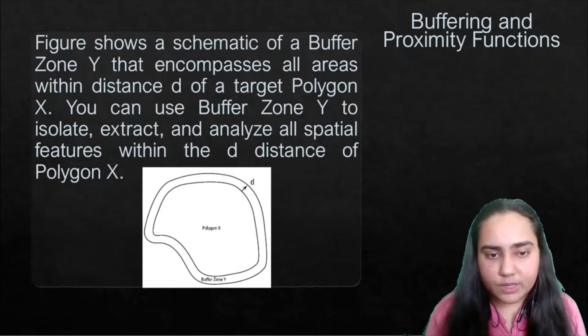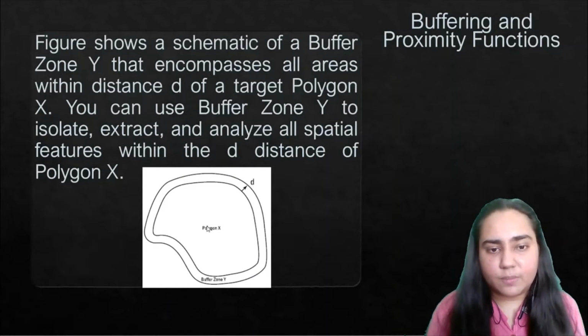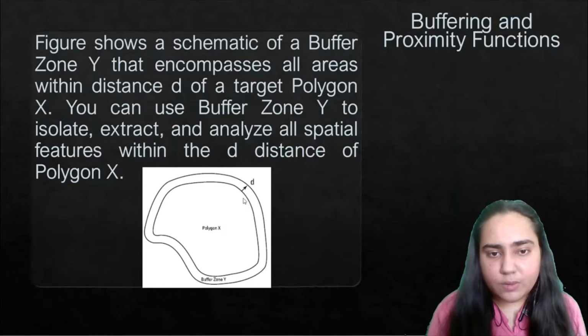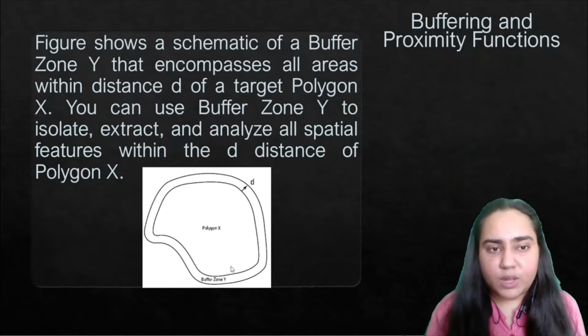Let me show you. This is the buffer zone Y, this line that you see, that encompasses all areas within distance D of a target polygon X. So this whole thing is a polygon X, and this is the buffer that we have created, buffer zone Y. What it shows is everything that falls within a distance D of this polygon X. So you can use buffer zone Y to isolate, extract, and analyze all spatial features within this distance D of